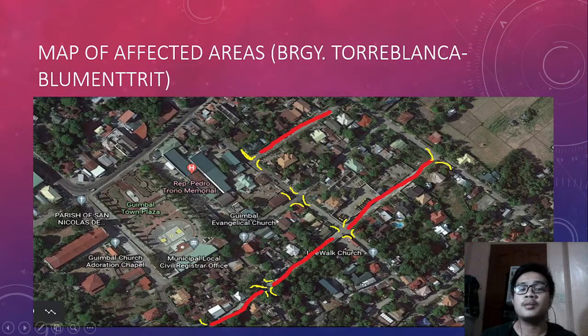So this is the map of the affected areas. Our barangay, Torreblanca Dumitrit, consists of this area here, where my cursor is rotating. As you can see, these are the indicated streets that have malfunctioning lights. Those in red are here. It's in our street here, another street here, as I went around the town, the barangay rather. So these red lines are the affected